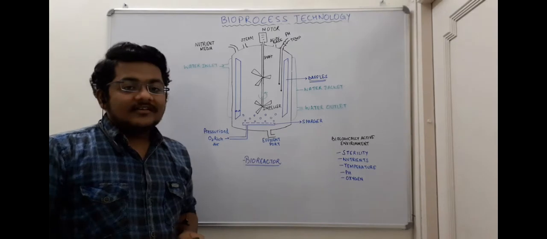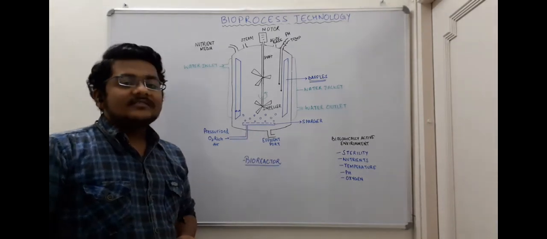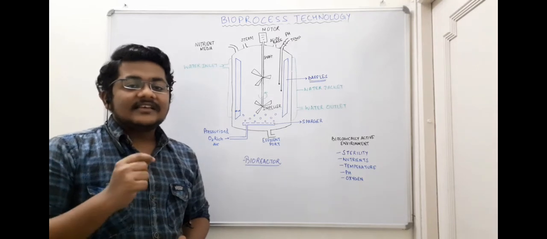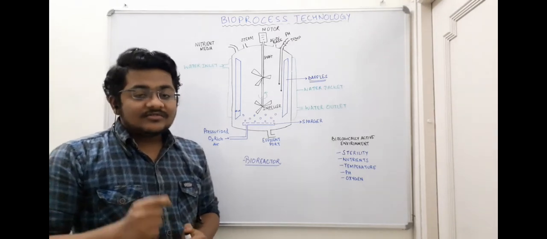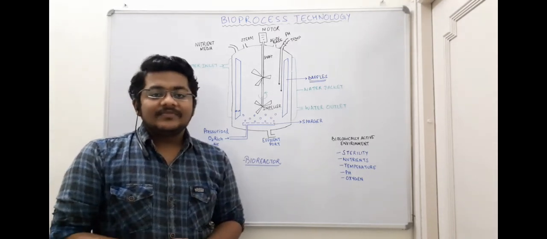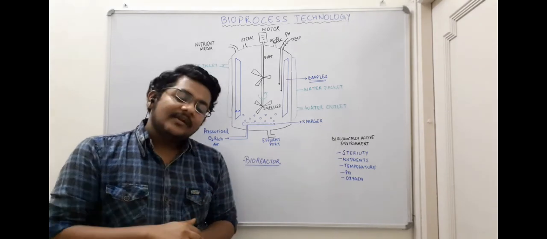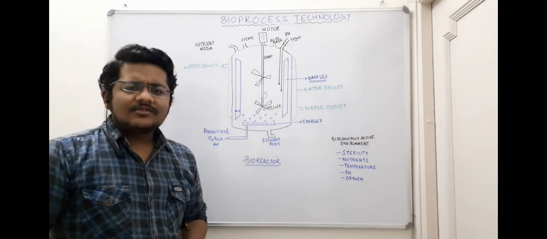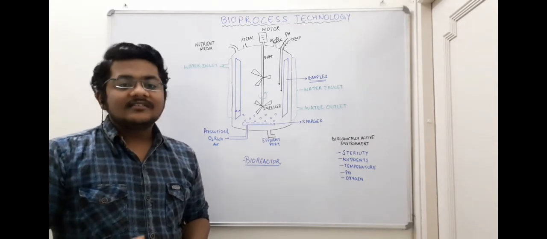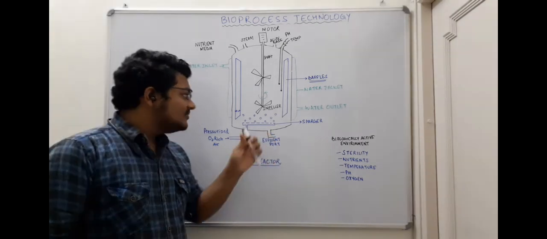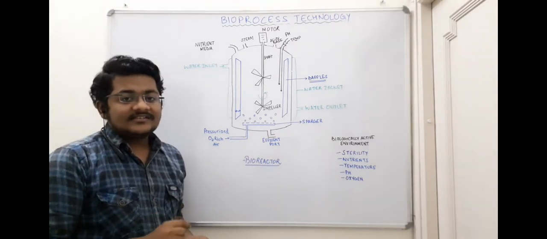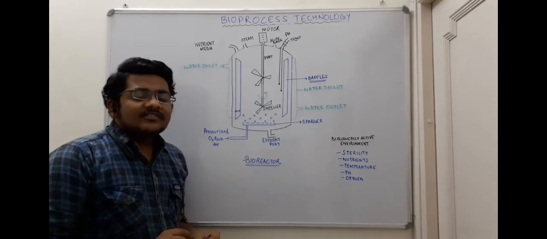This is the point: these impellers mix the nutrient media and the cells so that each and every cell gets an equal amount of nutrients, so that the cells don't settle down. Impellers help in preventing the settling down of the cells, because once the cells settle down, the very bottom cells might not get the nutrition. In this way nutrients are provided to